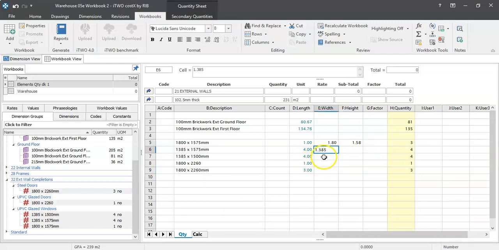1.385, 1.385, 1.8, 1.8, and then do the same here, 1.575 and 1.5. So 4 times the actual ope size, width by height, 2.26, convert that, and again 2.26 for the